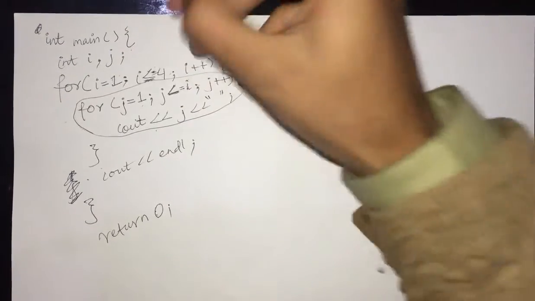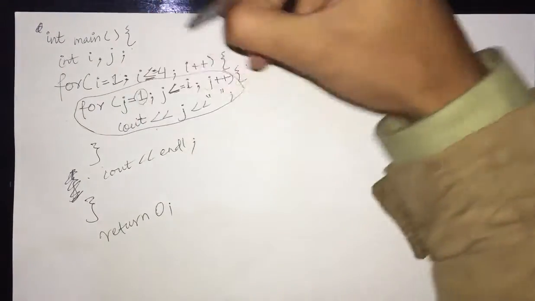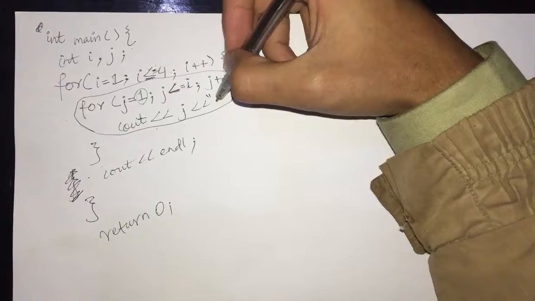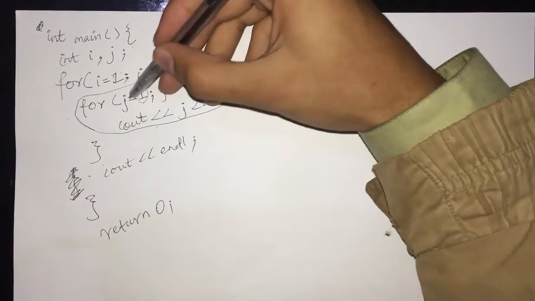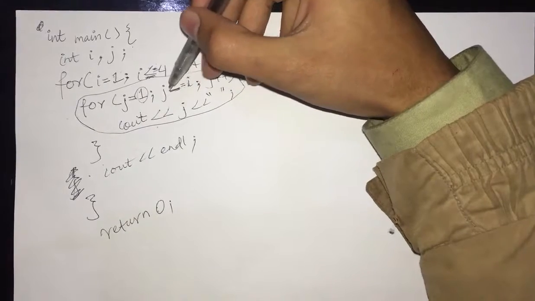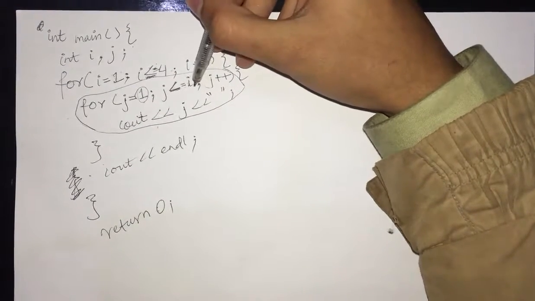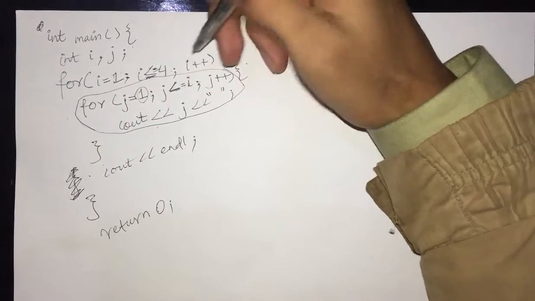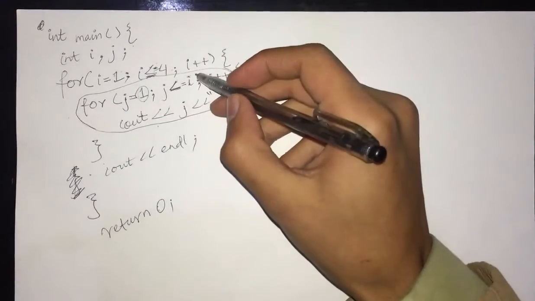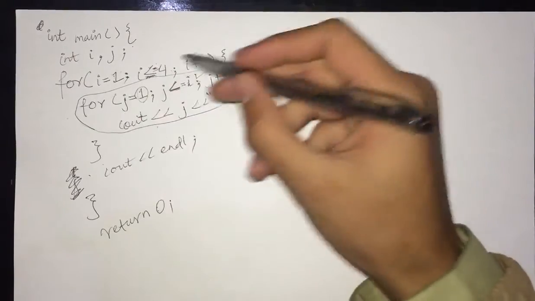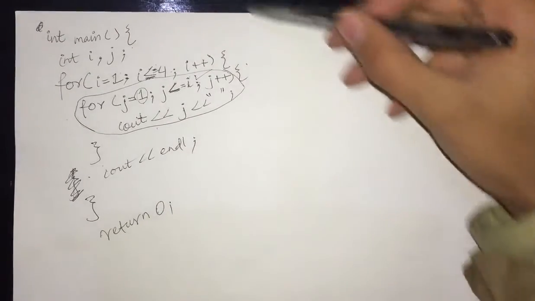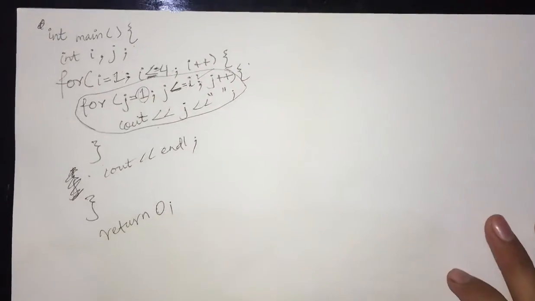Then it increments j, and j becomes 2. Now j equals 2. Is j less than or equal to i, which was 1? This condition becomes false. So it completes its single iteration, then the control again shifts to the